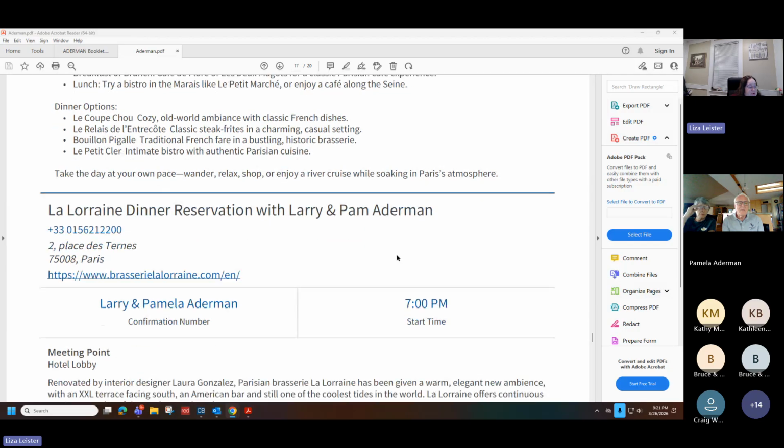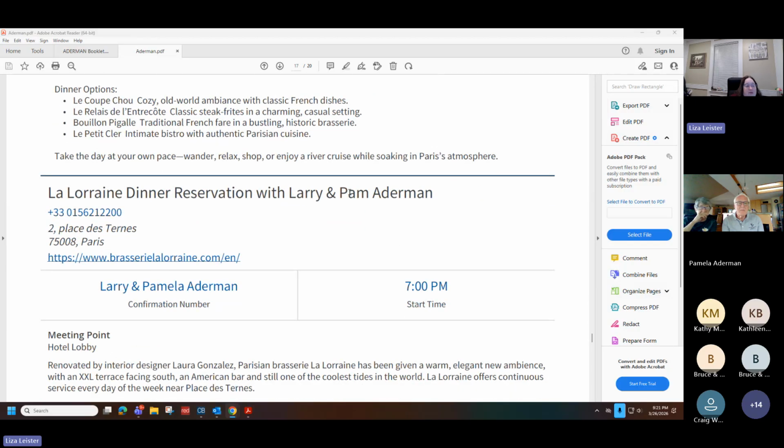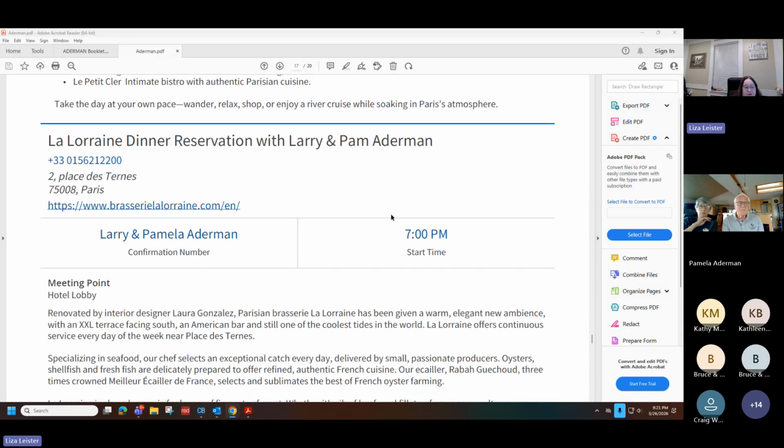And then that night we have a dinner reservation. There's 3 tables at La Lorraine, a restaurant Larry and Pam highly recommend. And you're going to walk over because it's only a couple minute walk from the hotel. If you are not going to go to that dinner because we had to put a non-refundable deposit down for everybody, please let Larry know.